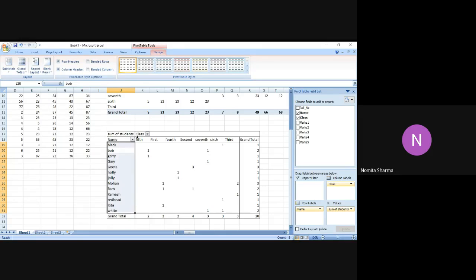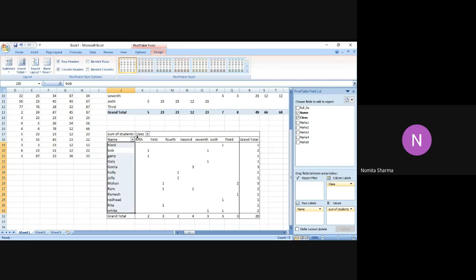When you're trying to count, we have done row selection, and in the value section we have also done that. Normally we have numeric fields over here, but in case you want to have a text field in the value section, it will not do any processing of the names, it will only count the names in the value section.